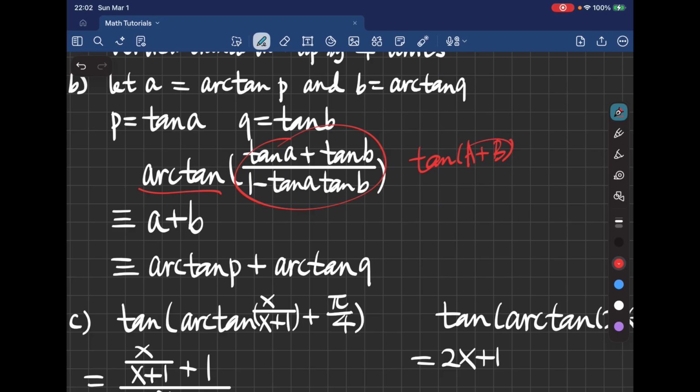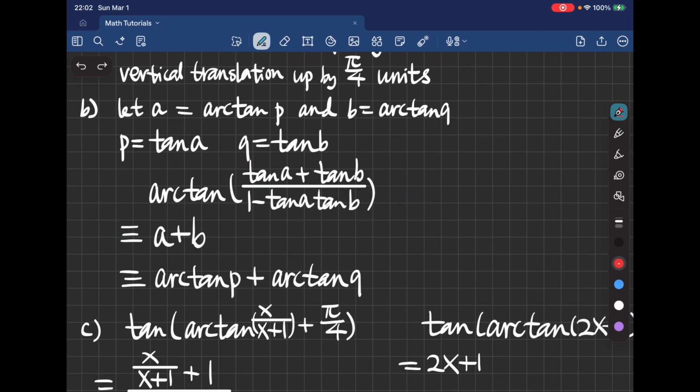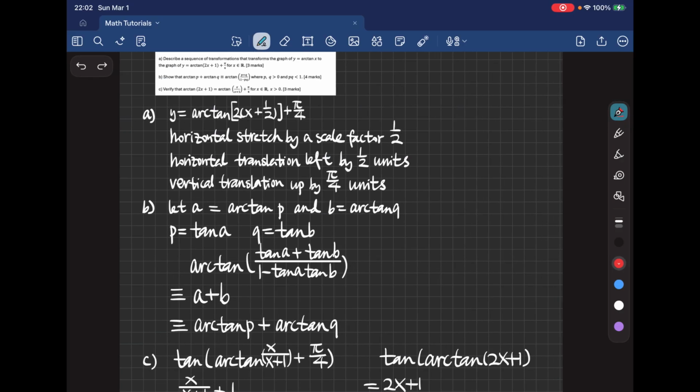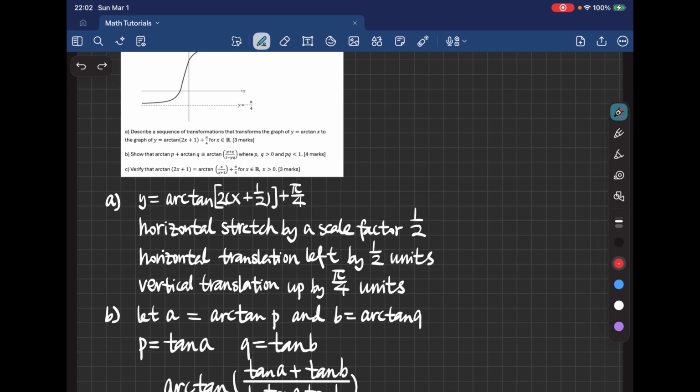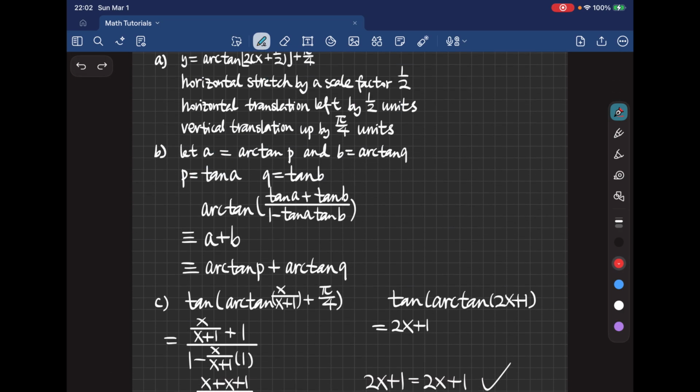So it will just be A plus B, which is here. It will just equal A plus B. And A plus B is exactly equivalent to arctan P plus arctan Q, which allows us to finish the proof and get exactly what we want. Now we want to show that